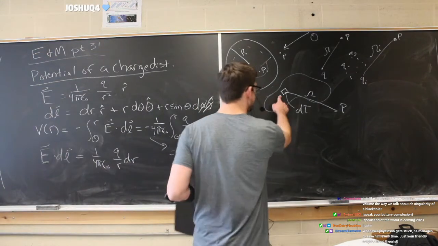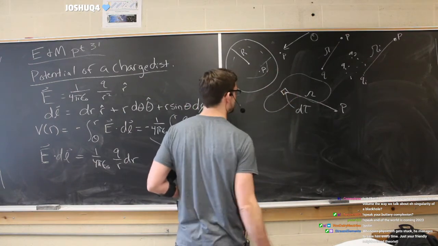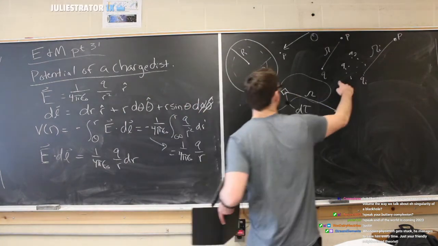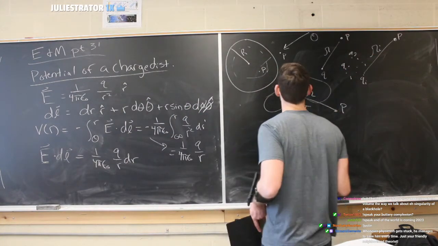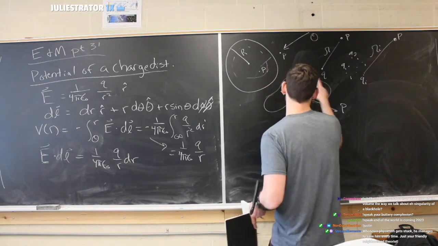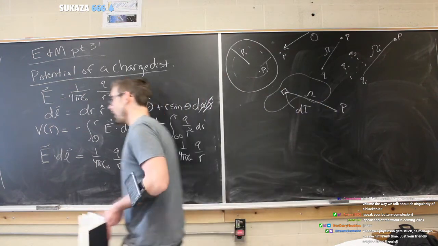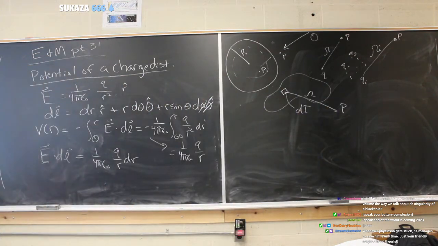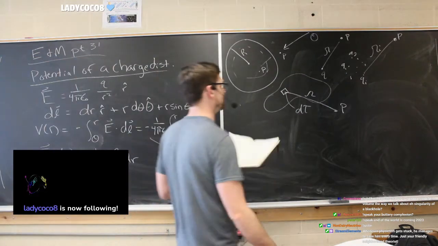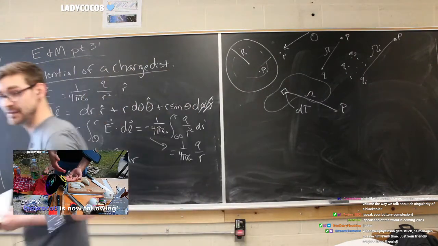If we extrapolate this small d tau into this shape, then we can find the potential of this whole shape. Just like summing up all the individual points does, now imagine there's an infinitesimally small amount of points on this, and we're going to integrate all of those points, in a similar fashion to adding up via summation. Okay? Things get a little bit weird.